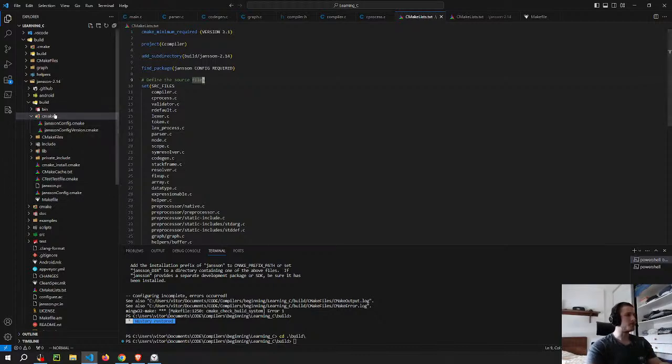I think it builds the executables and these libraries here. And then it also builds these files here. And I think these are the files that are supposed to be used by the other project to find this one. So the challenging thing is that the documentation of the JSON library doesn't explain how to